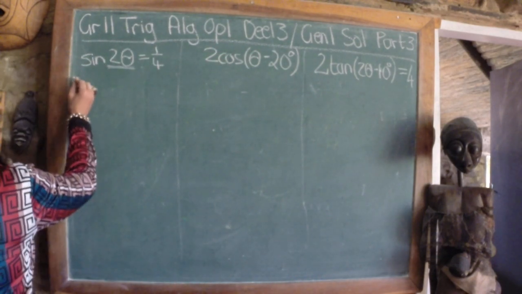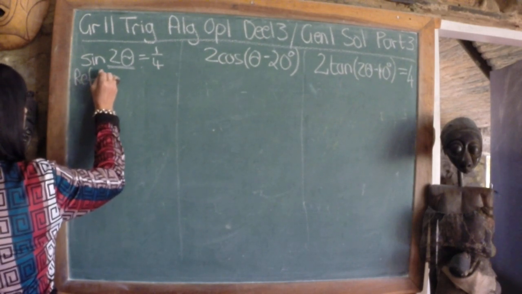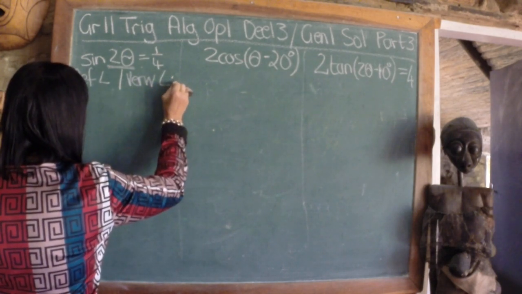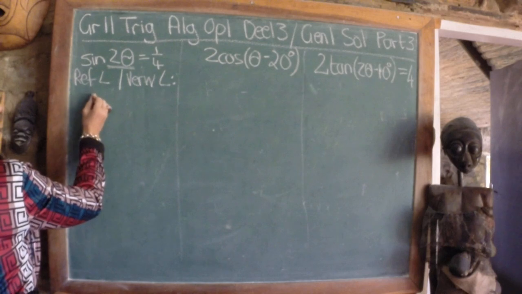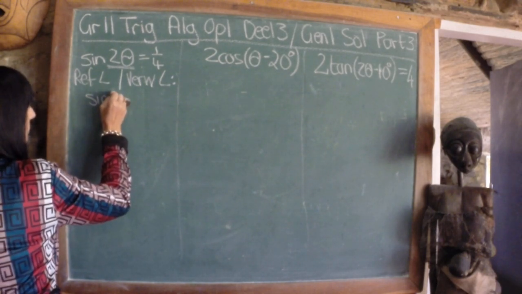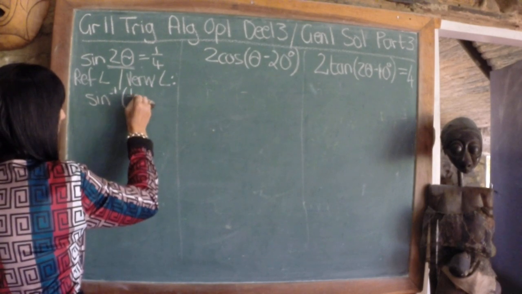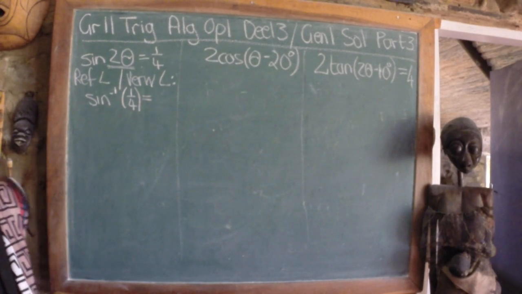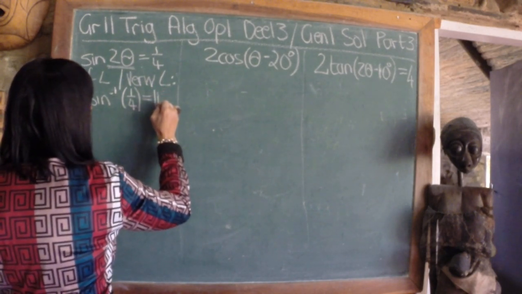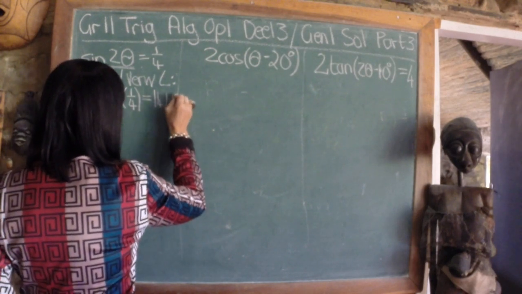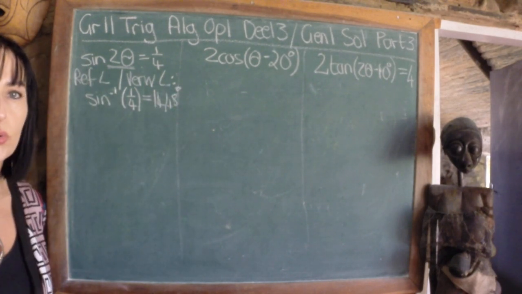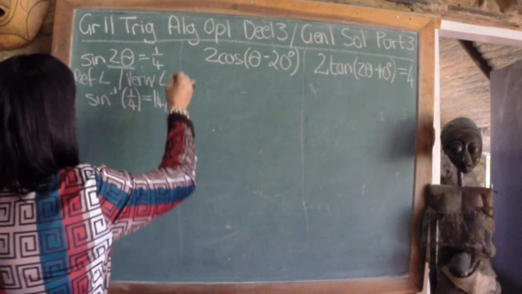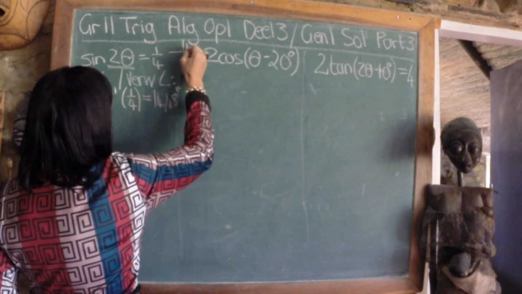So now we're going to get the reference angle, verwysingshoek. By putting in your calculator second function of sinus of a quarter, that reference angle is an acute angle of 14,48 degrees. 'n Skerp hoek. Dis my verwysingshoek. Now we're going to go to our cast diagram, and our cast diagram teaches us in what quadrant